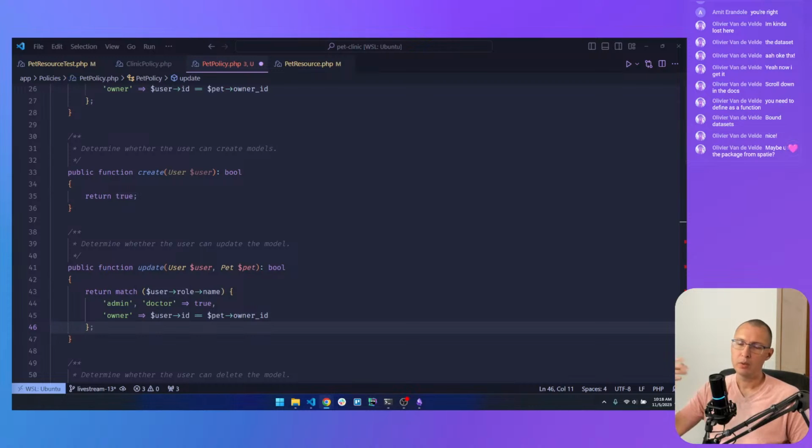So using policies is okay for a small project where we're just dealing with role names. But if your project requires a lot more control over roles and permissions for each of those roles, you should not be creating that on your own. Just use the Spatty package and that'll make your life a lot easier. But in our case, using just role names, I think it's enough.